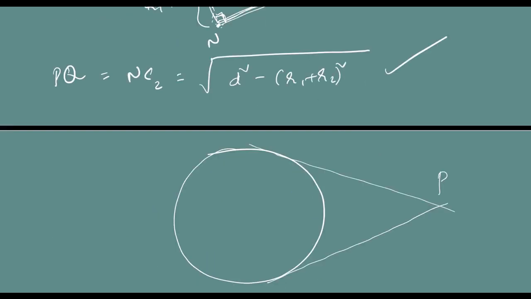Now before going to the next concept, I hope you remember this point. We said that if we draw two tangents from an external point to the circle, and if we join the center to the point, you see the whole diagram including the tangents is symmetric about this line CP. That means if you fold this along the line CP, not only the circle overlaps on itself, but these two tangents also overlap one on another.